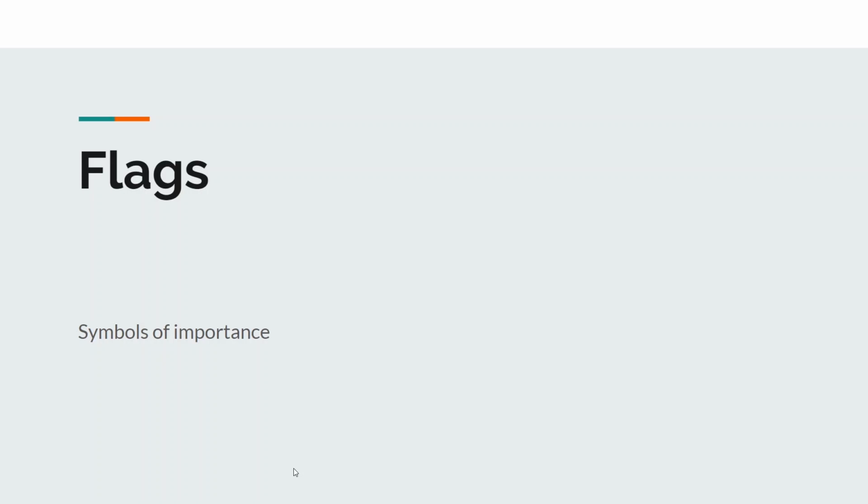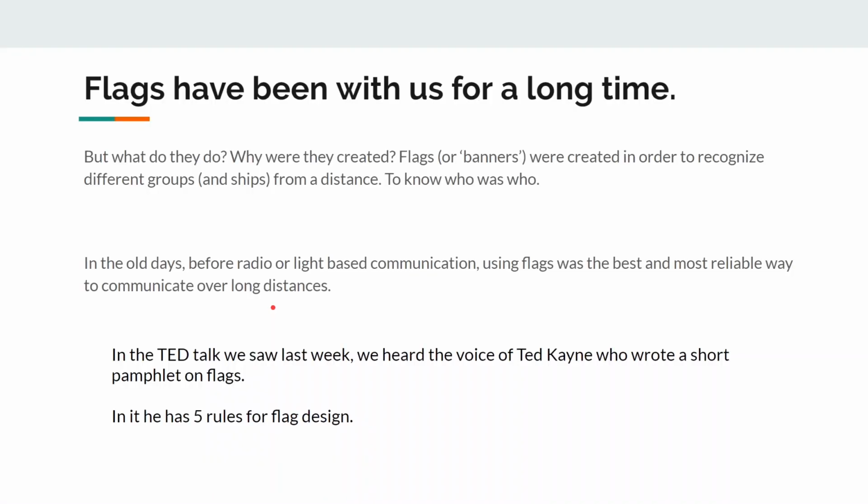Now, this lecture is about flags, as it says right there. Flags have been with us for a long time. Usually we think of them as banners. Banners and flags are effectively the same thing. They've been with us for hundreds of years, and banners or standards have been with us for thousands of years. They were created in order for us to recognize different groups or ships, as it were, from a distance, to know who was on what team,